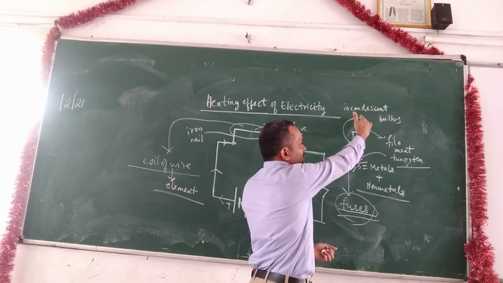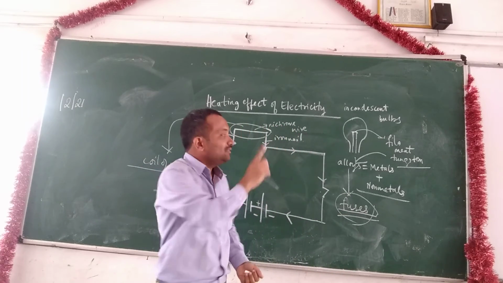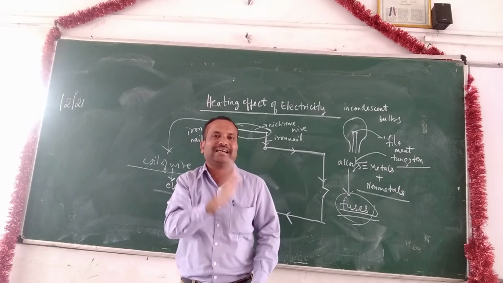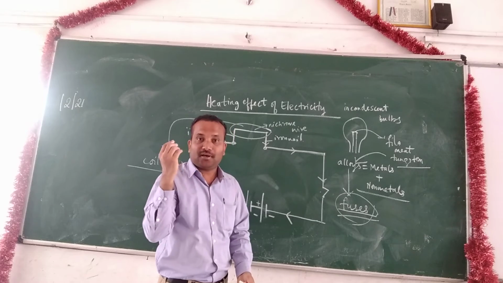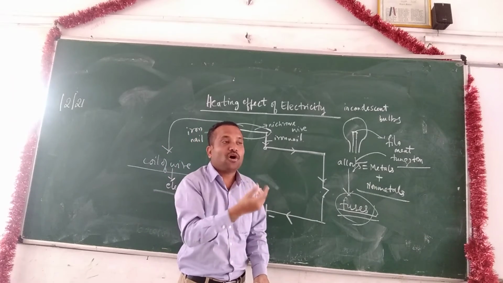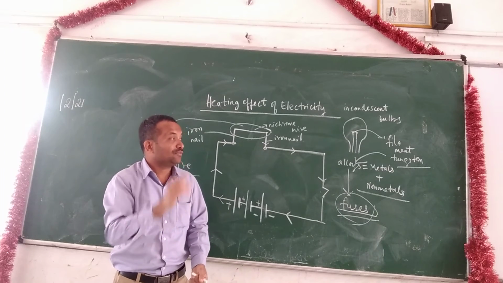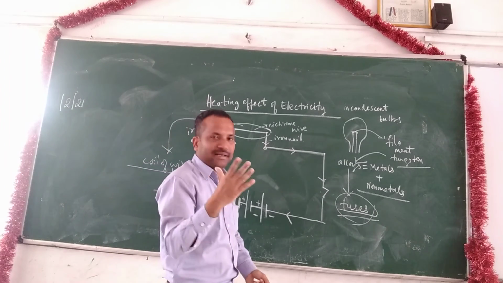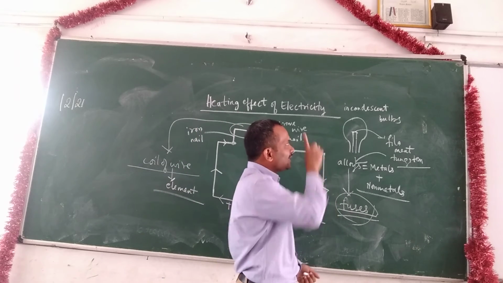So when you touch the outside of the bulb, it will be very hot. Don't try to touch it. These incandescent bulbs waste current to heat the filament. A lot of current is wasted in the form of heat itself. So we stopped using these kinds of bulbs.